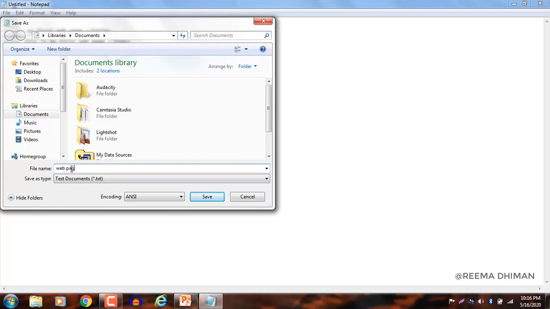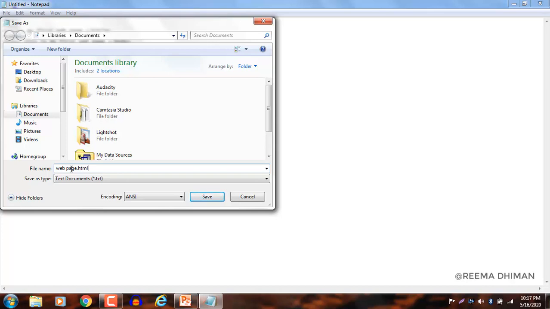web page. So after writing the file name, as we have already discussed, there is need to give the extension. So what will be the extension here? .html. So don't forget to give the extension. After typing the file name, it's necessary to give the extension. Clear? So which extension we will give here? We will give the extension .html.